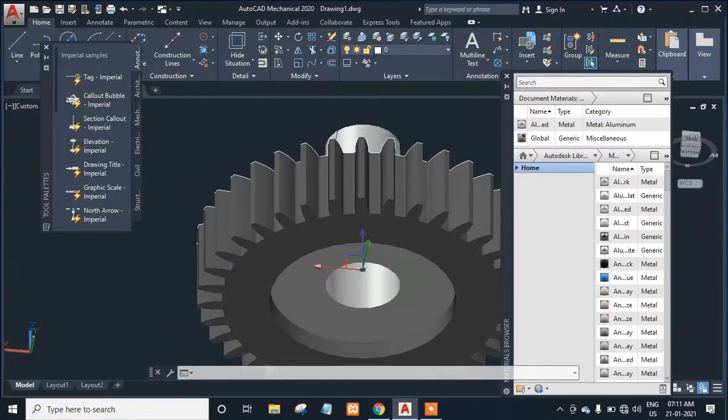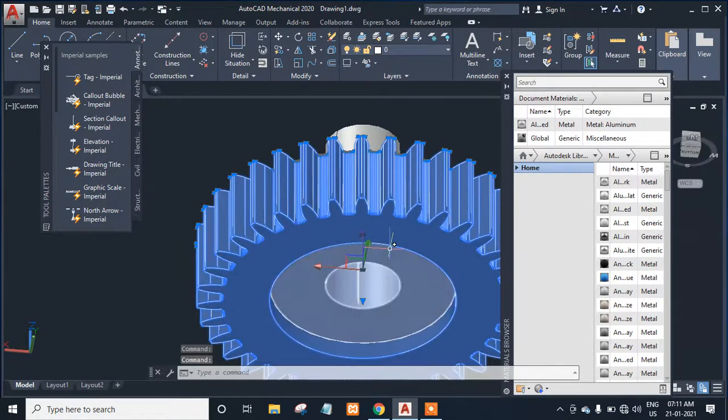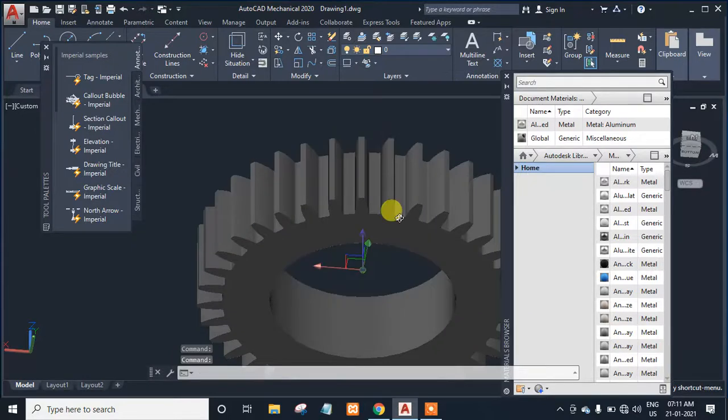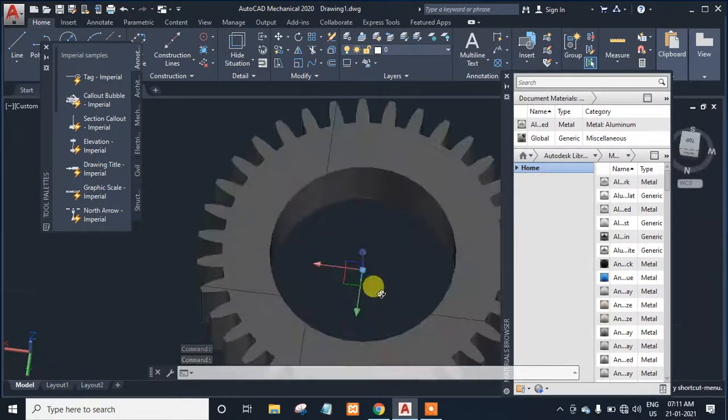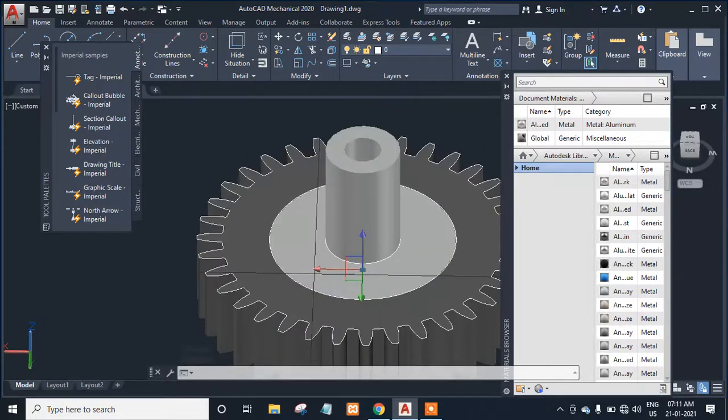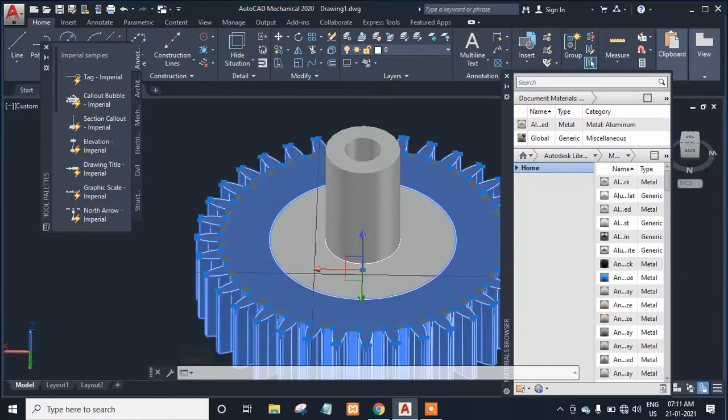It's not rotating. Shift and now also change this one material.